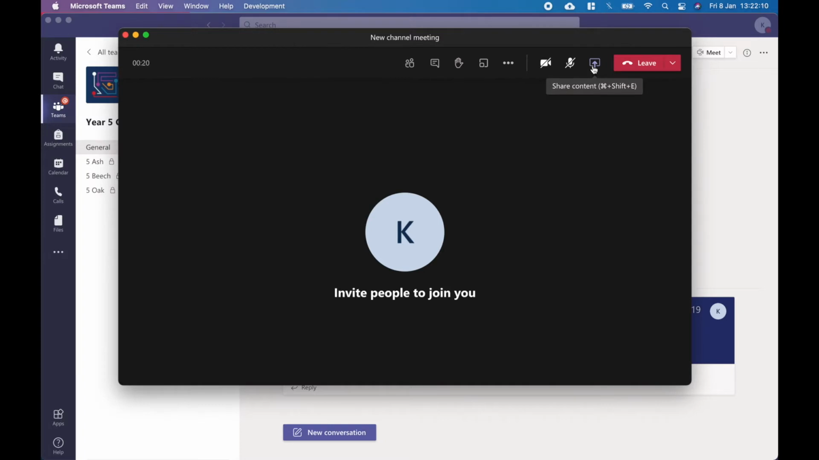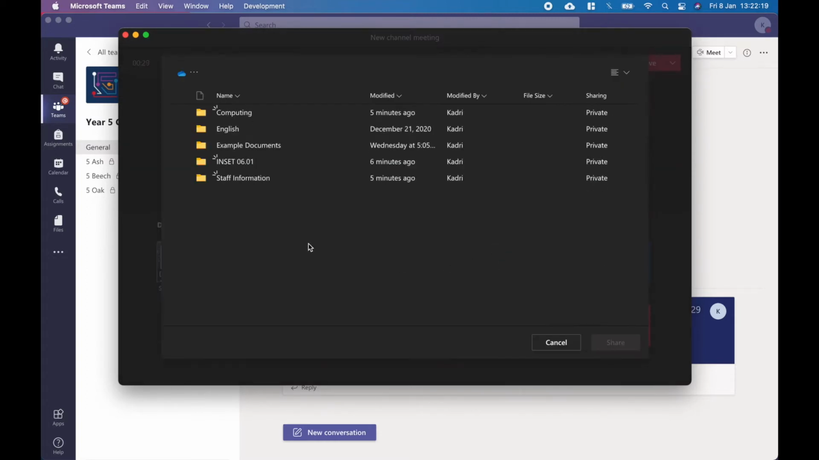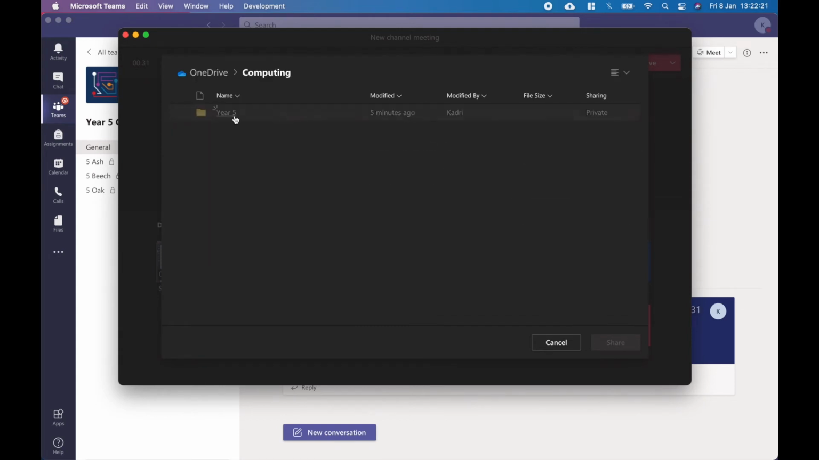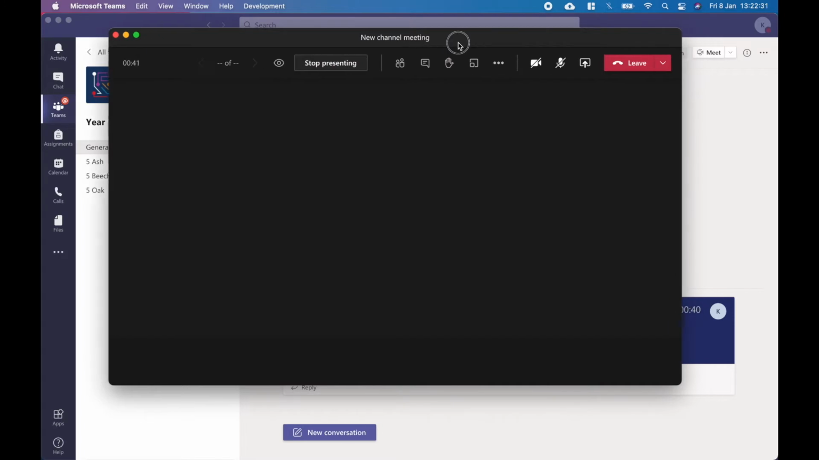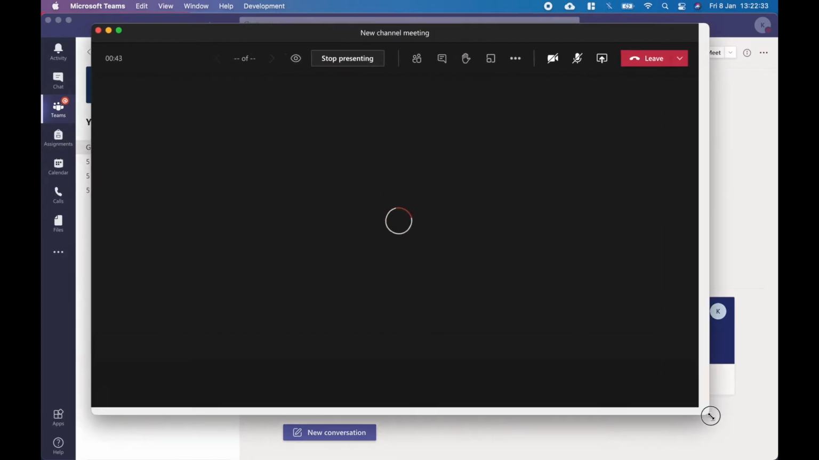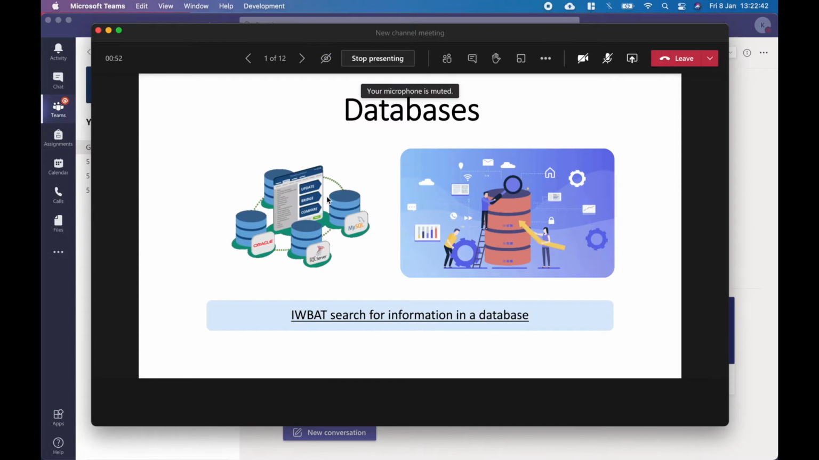Now I can click on share content tray to then browse and upload from OneDrive. So I've created my folders and I can navigate through them to find the lesson that I need. And I can share my PowerPoint. And that'll just start loading, and you can press the I symbol to prevent your students from being able to